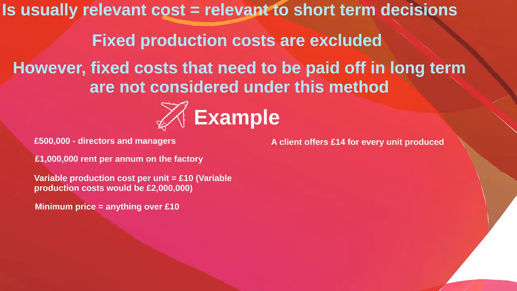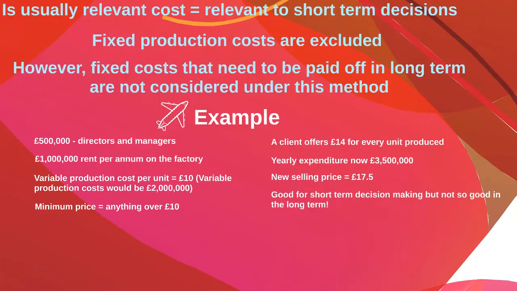But of course, this is where it doesn't work in the long run, because it's not just a case of covering those 2 million in variable costs. We also have to cover the 1 million in rent. We also have to cover the £500,000 in salaries to directors and to managers. So really, our annual expenditure is actually £3.5 million. And to cover that £3.5 million, we'd actually need to sell them at £17.50. The real minimum price when fixed costs are taken into account is £17.50, and this is before even making a